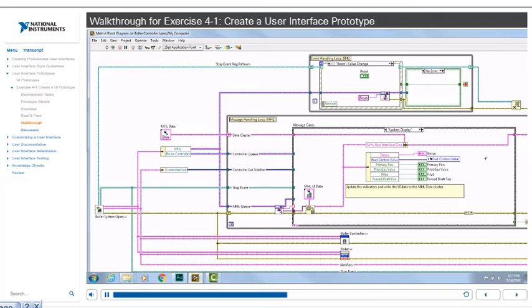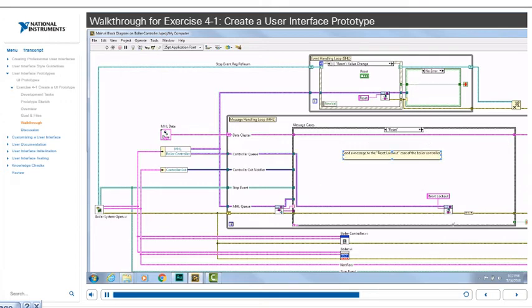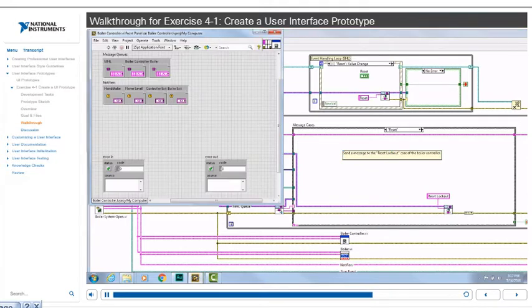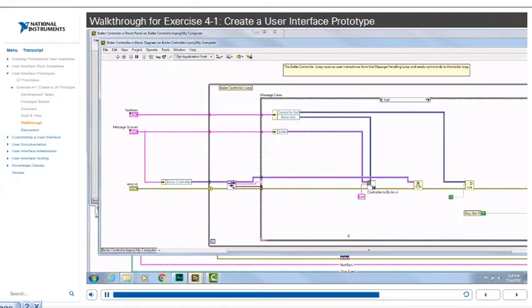Now let's take a look at how the various user button clicks are going to execute throughout this code. So say the user clicks on the reset value change event, which if we look at the different cases that we've implemented here, we're going to have very similar cases for each of those control events. But going back to reset, when they click reset, we're going to send a reset message down to our message handling loop. Within the message handling loop, we go to reset, and it's going to send a reset lockout message to our boiler controller. So when we go down to our boiler controller and see what the reset lockout message does,